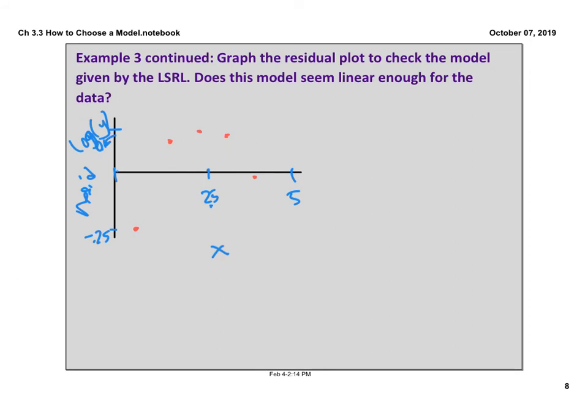And then one down here, and then one down below. So I just threw those on there rather quickly, just for you to see kind of the pattern. It doesn't look like random scatter to me. You want random scatter, and this looks like a quadratic that's facing down. So there we go. We've got to go back to the drawing board and write a new one with the log